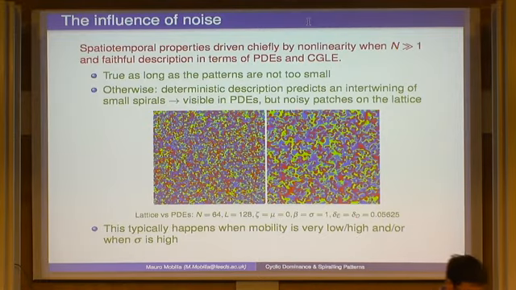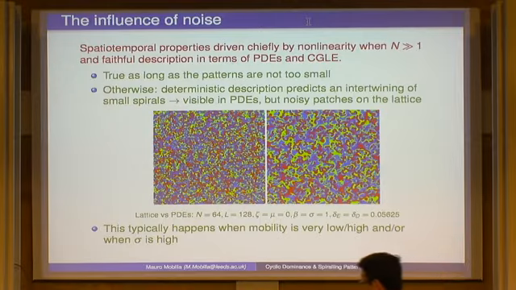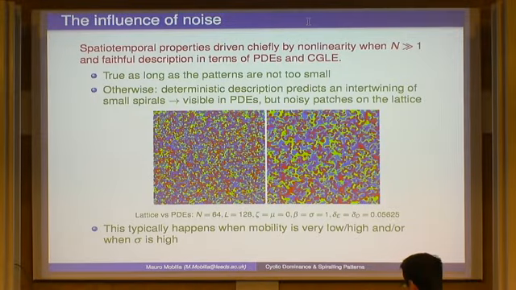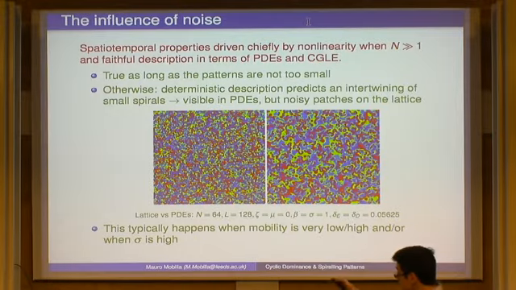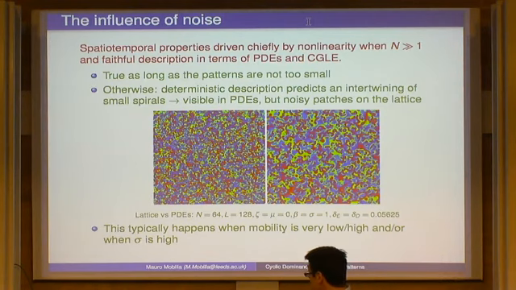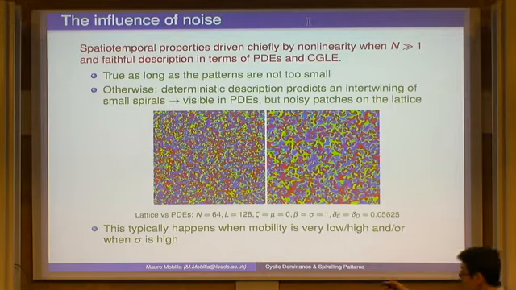And if you do a simulation with your PDEs, provided that you have a good enough resolution, you can still see, or you can still get some spiraling patterns here. Whereas if you use the same system on a lattice, well, you see just noisy patches, right? And this is because simply now the wavelength here would be too short to obtain a good resolution on the lattice. So here you can arguably not see any spiraling patterns. So that's typically one of the cases where the CGLE and the PDE cannot help you describe what happens here.